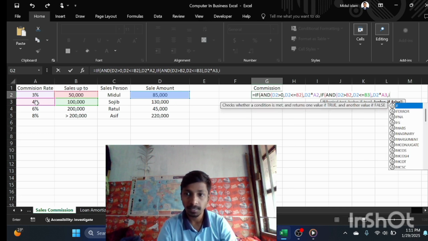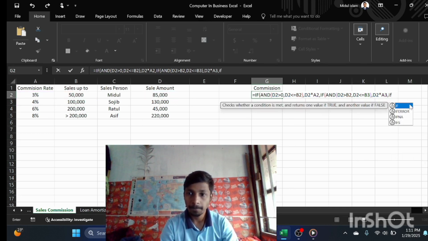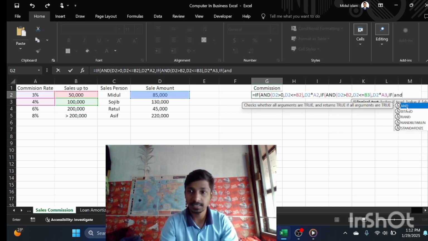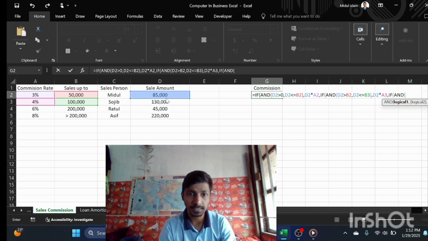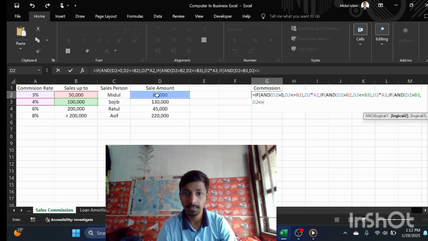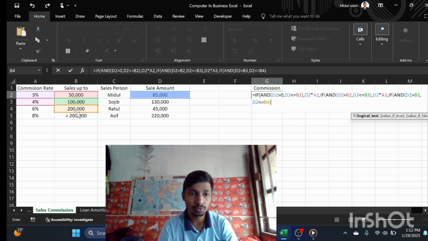and then comma, then if and we select and sales amount 85,000 taka more than 1 lakh taka and comma, and then sales amount 85,000 taka equal less than sales up to 2 lakh bracket close comma, and then sales amount 85,000 taka multiplication commission rate 6%,